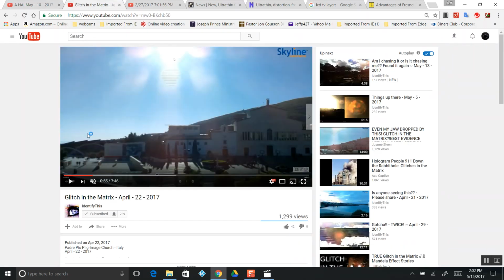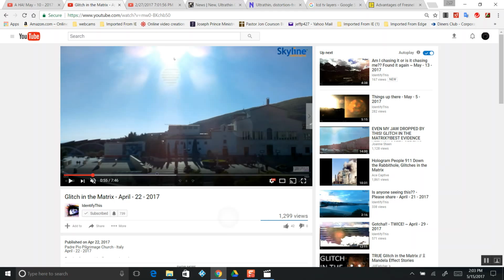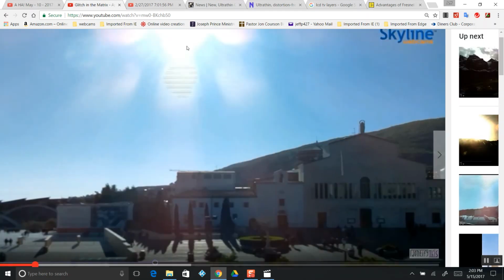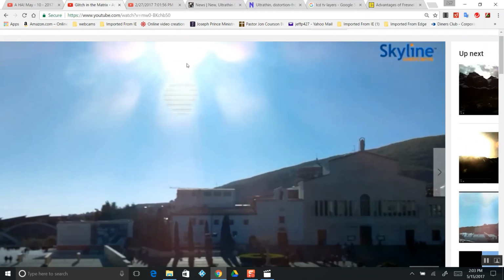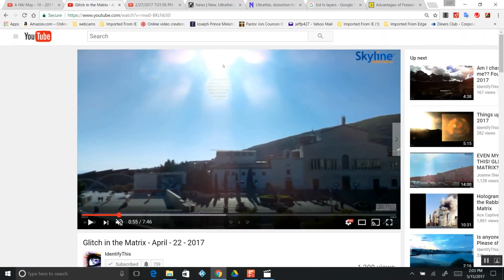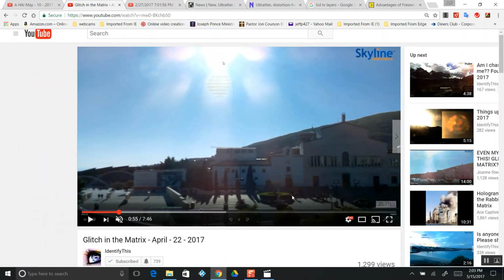And then we've got another matrix fail of the same kind in Pilgrimage Church, Italy. Now, this is actually going on all over the world. I think it's going on more radically near the lower equator, towards Australia, although we will be seeing a more incredible breakdown as this continues to fail.